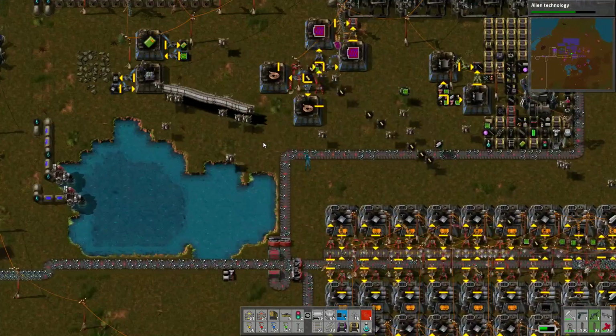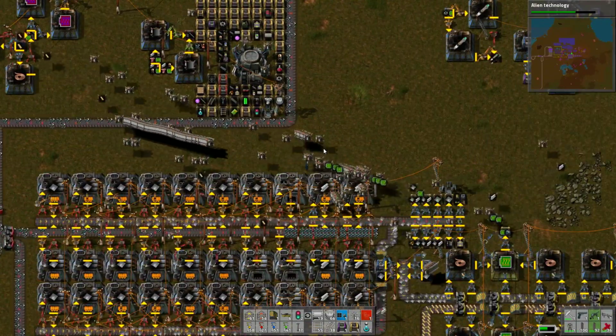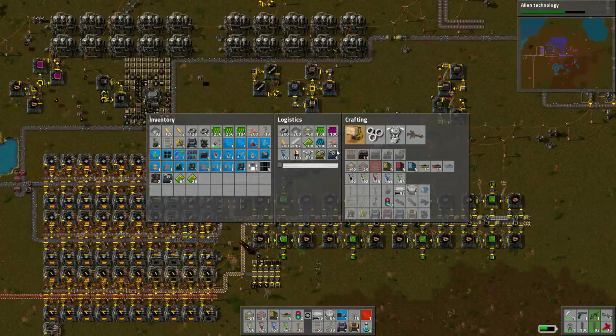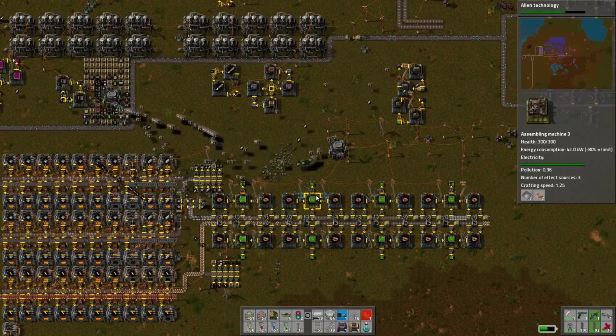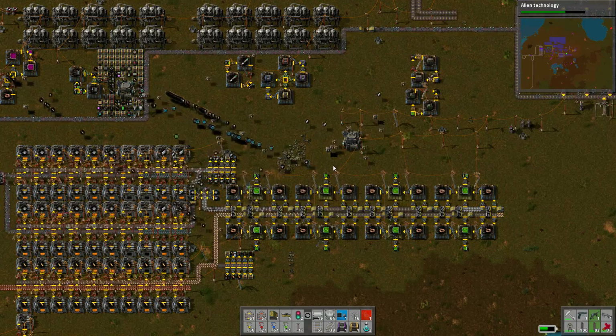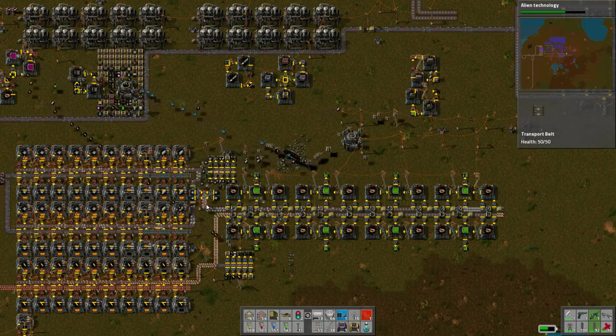Look at all of those freaking robots. And they're all going to give me something. And they're so slow. What we need to do is get science going again. Good old-fashioned science. Now, I'm going to use a layout that I pretty much use all the time now, which just does green and red science packs. At least get those going. And then I'm going to...